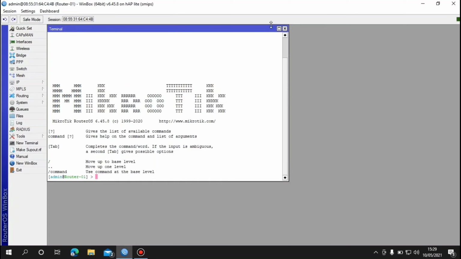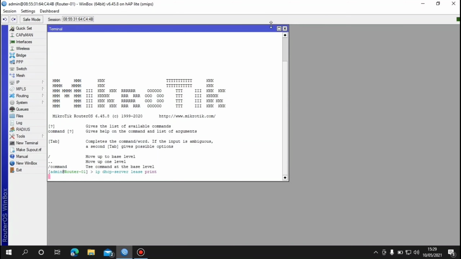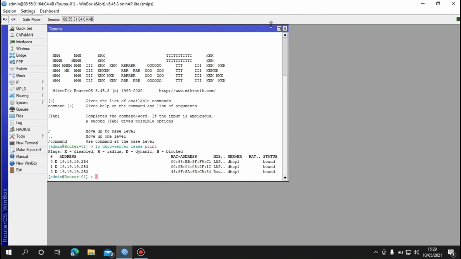First, we check the DHCP server list with the command IP DHCP server list print and enter. And we can see the connected clients are 3 clients: client 1, router 2, and client 2, with the flag D, or dynamic. And then we change each client to static